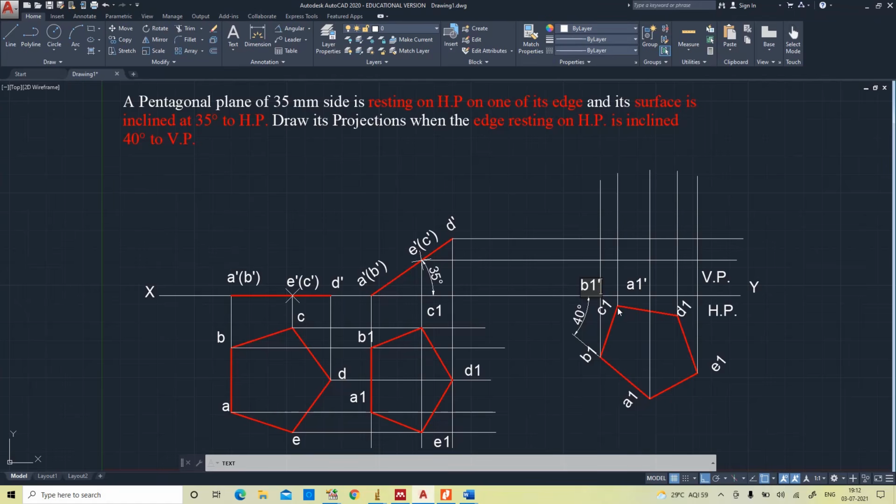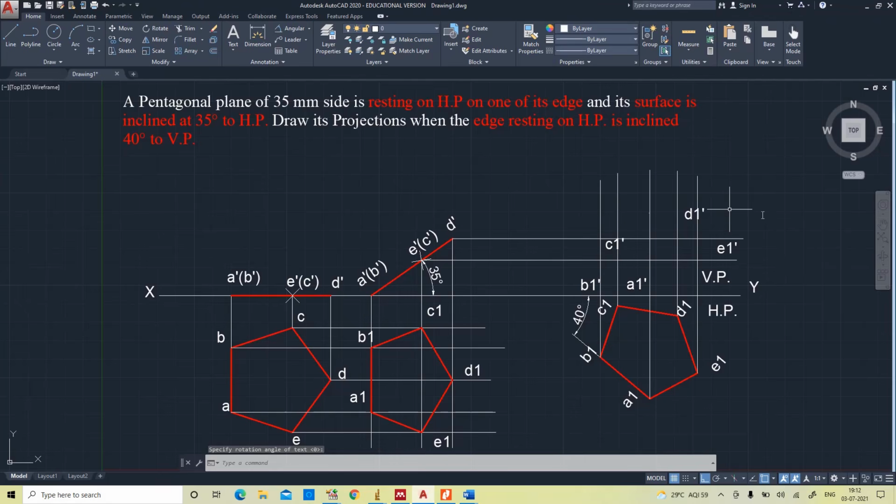And coming to C, this is the C, and here we are having the C. So this point will be the C1 dash. And here D is this one and D. So this point will be the D1 dash. And coming to E, and this one is the E. So this one E1 dash.